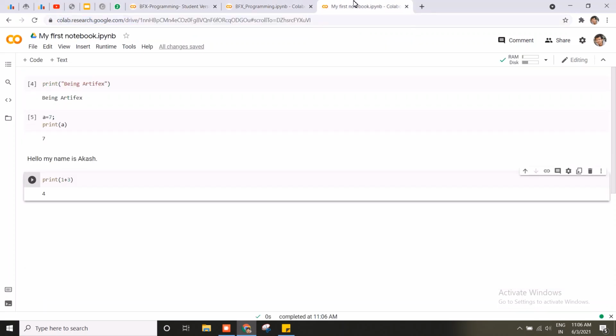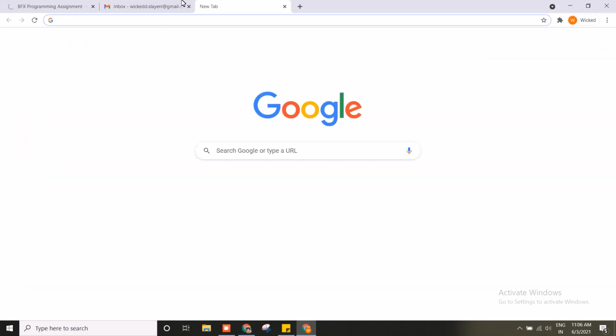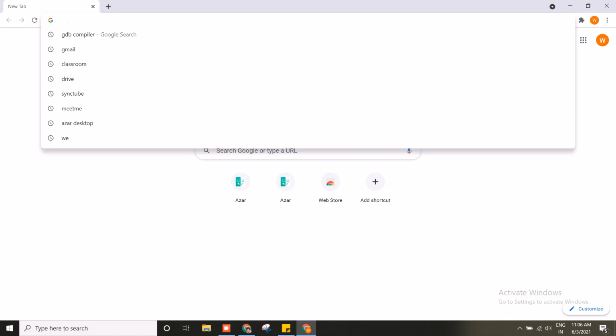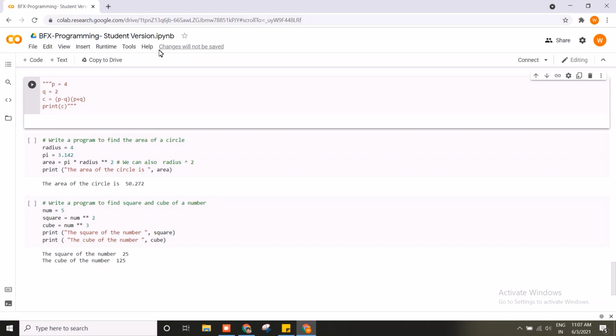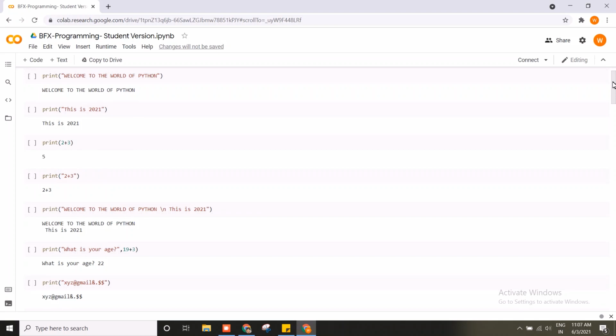So you guys see this link, you will be getting this link in your GD groups or in the main group. Just go to a new tab and paste this link there. You will be getting access to the student version of the Google Colaboratory which we had made for you all. You guys can see this code and make changes to them according to your needs. They won't affect others' notebooks, so that wouldn't be an issue. So let me tell you how to use this for yourself.